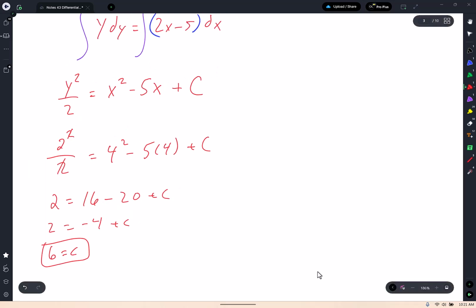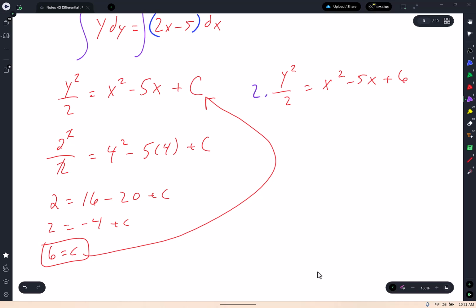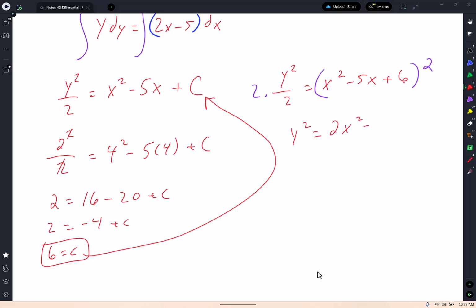From there, guys, plug in the c right there. y squared over 2 equals x squared minus 5x plus 6. You're just doing algebra, guys. This is why your algebra is important. Times 2, times 2. So we can get rid of that 2 in the bottom there, right? So you're going to have y squared equals, that's times 2, not to the power 2, 2x squared minus 10x plus 12. Then